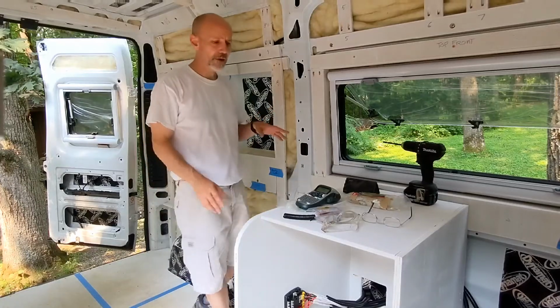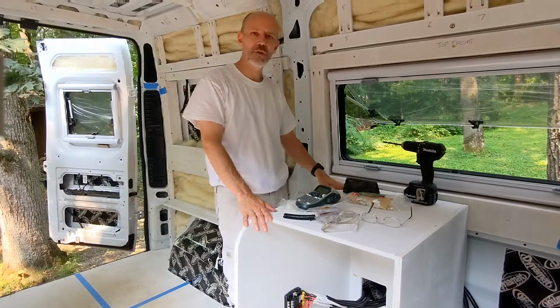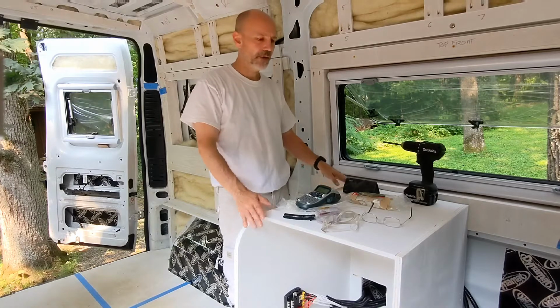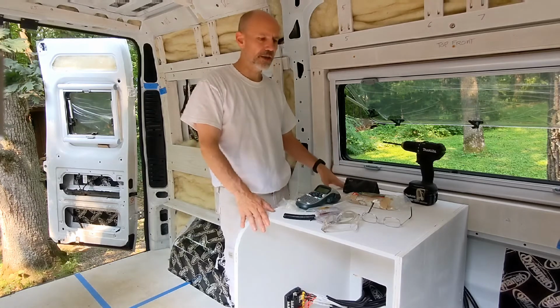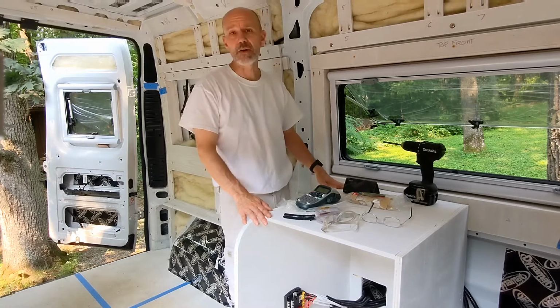Hey everybody, I wanted to give an update on where I'm at. I pulled the cabinets out and primed them with the mold and mildew resistant paint, and I've just put them back in temporarily. They're not secured in at this point. They're mainly just for position, because the next thing I'm starting on is roughing in all of the wiring